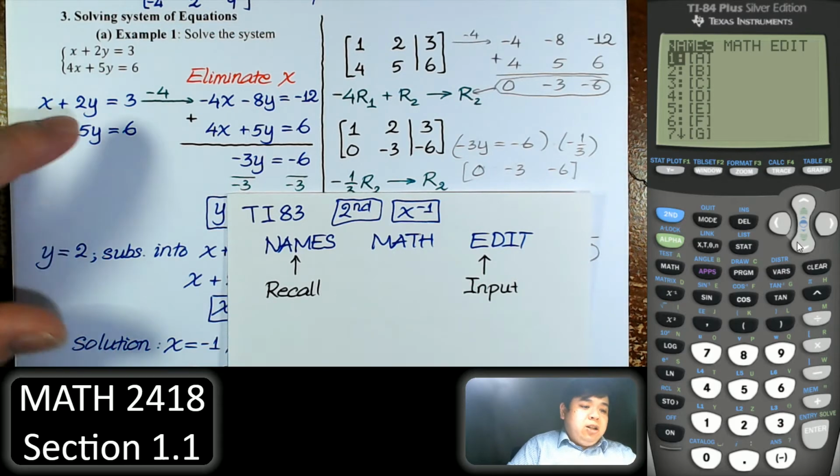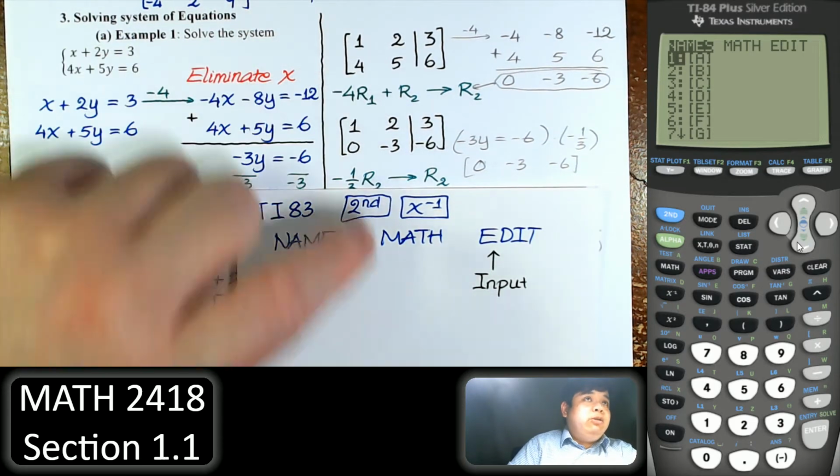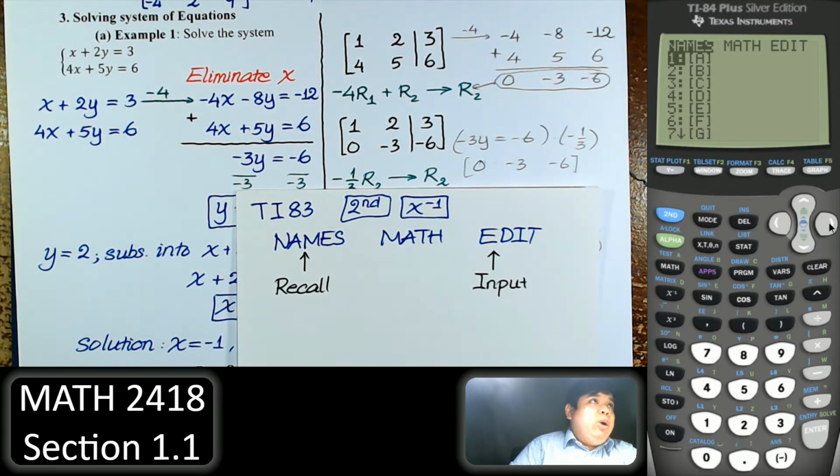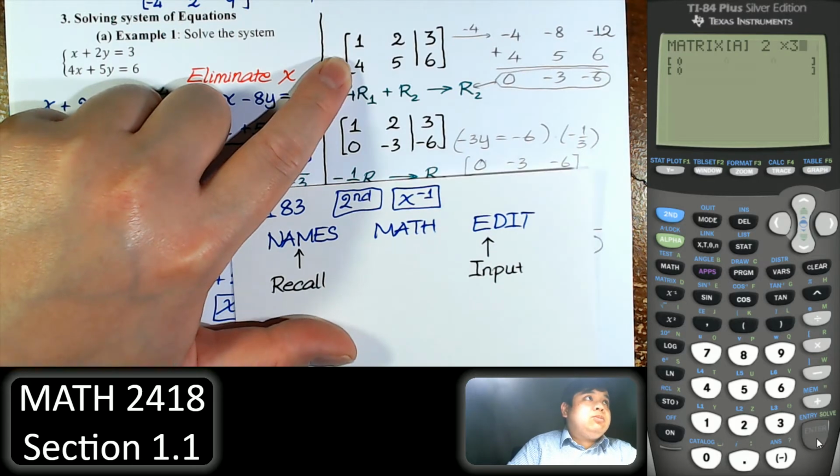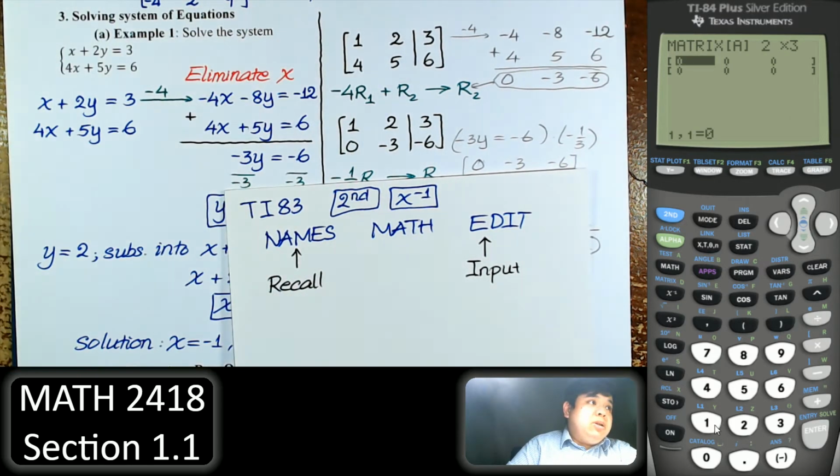First I'm going to enter the matrix here, 1, 2, 3, 4, 5, 6. So I will have to go to edit to input the matrix. Right, hit enter. Now the matrix A. This matrix has 2 rows, 3 columns. 2 rows, 3 columns. Enter the numbers. 1, enter, 2, enter, 3, 4, 5, and 6. Right. Once we're done,